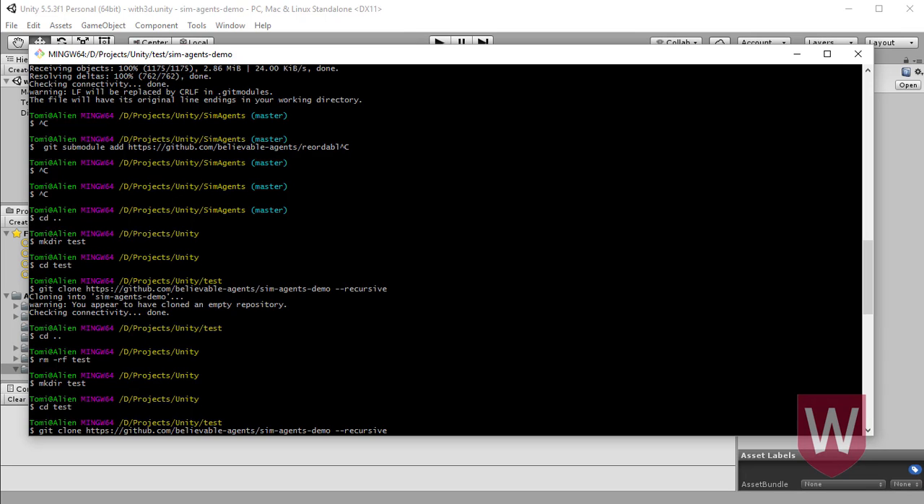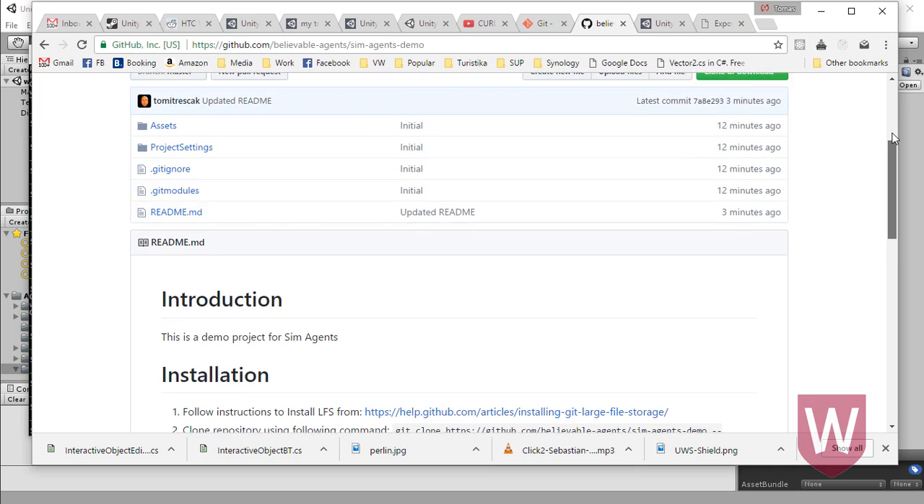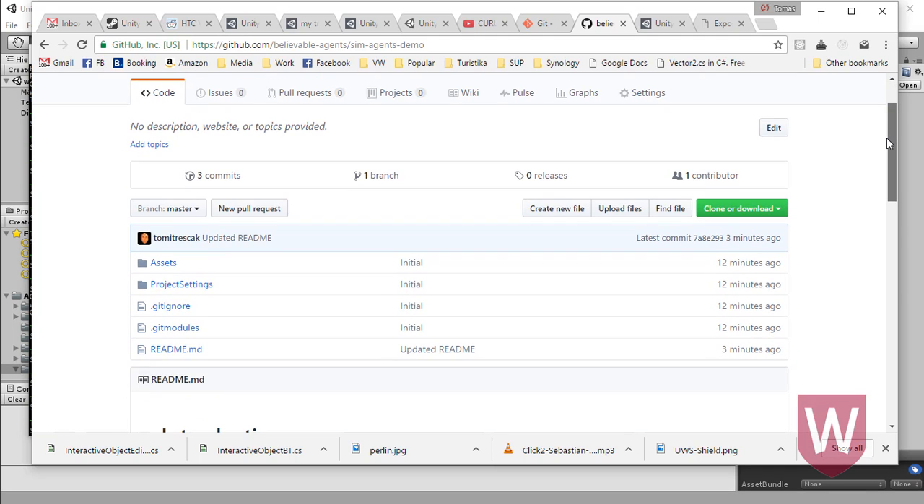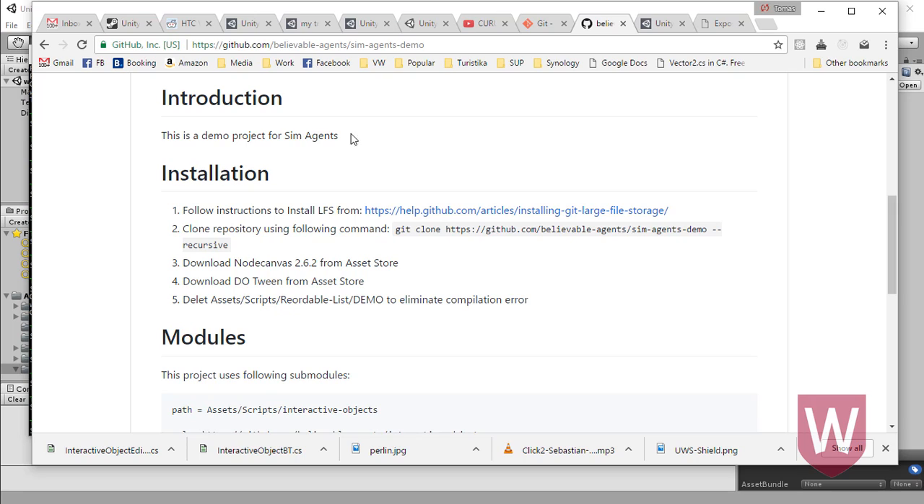In this tutorial, I'll walk you through the setup of the Sims project for Unity. So you find this project on GitHub in our Believable Agent repository and the Sims Agent demo, right? And basically what you need to do to install this project is to follow the instructions in here. They are quite simple. First of all,